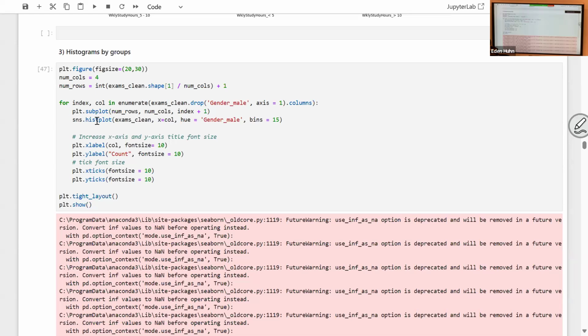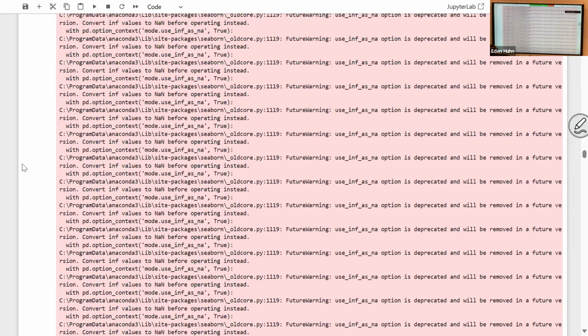And this function is important to generate the multiple histograms by groups. And hue equals gender male defines gender male as the reference indicator. So the rest of them are the same as before, and you can see